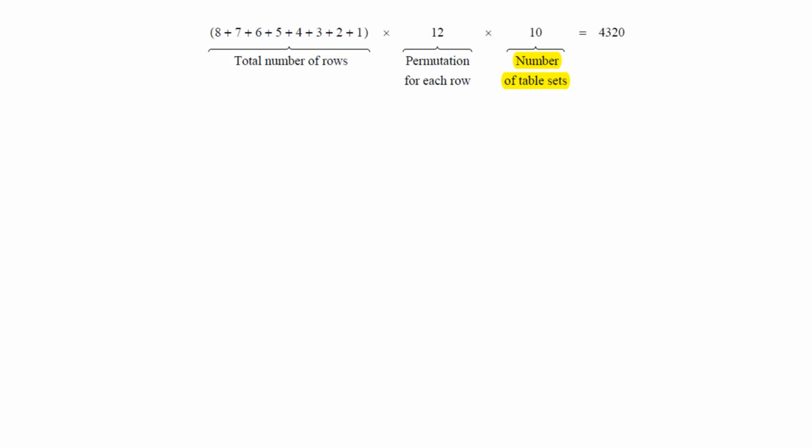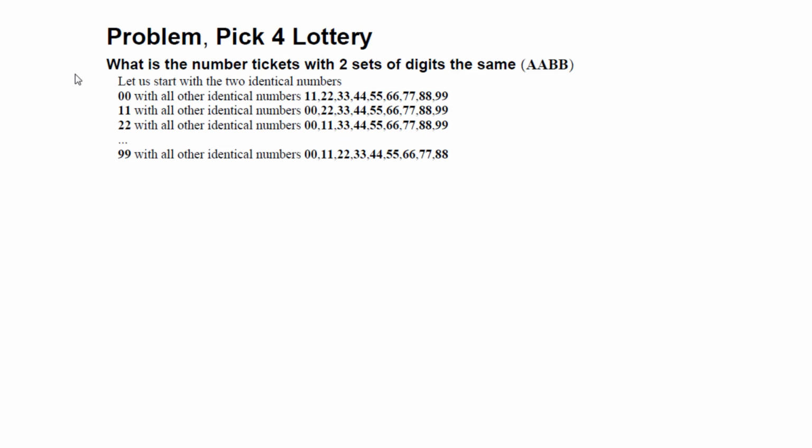And that is exactly similar to what we did before. We multiplied combination 9 choose 2 times 12 times 10, and we got 4320 tickets of that form AABC. Now the question is, what is the number of tickets with two sets of digits the same, such as